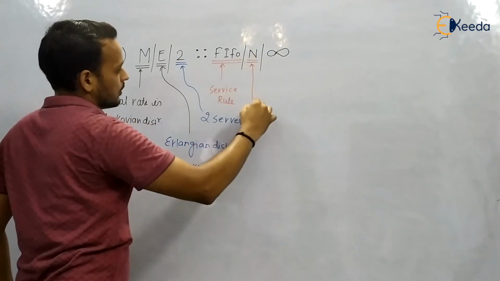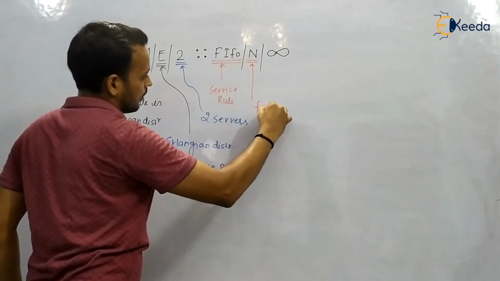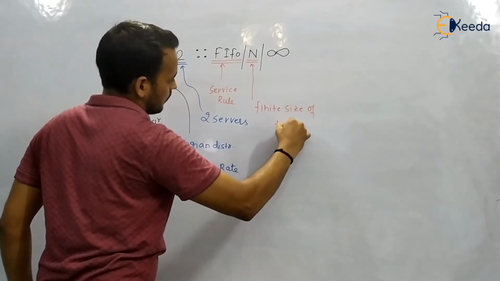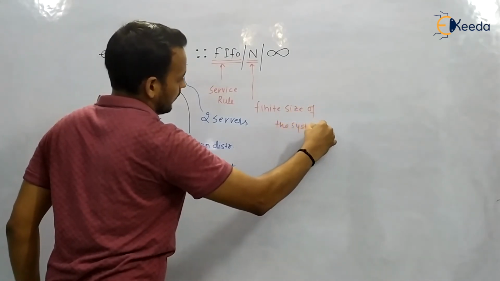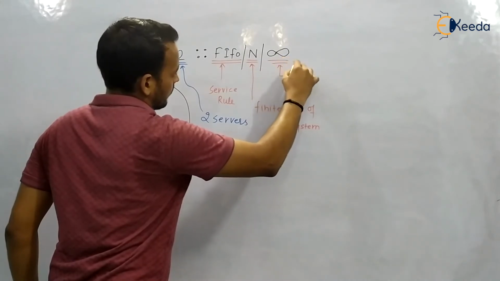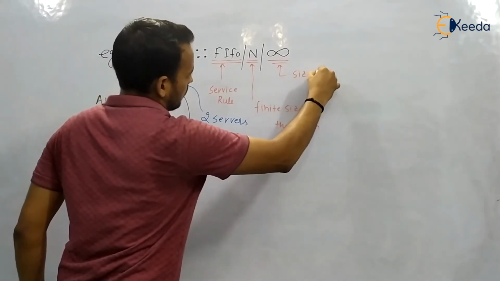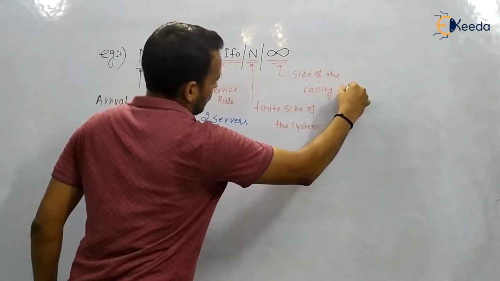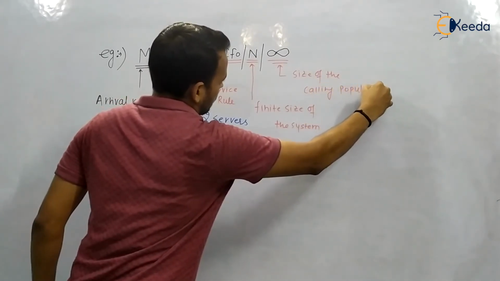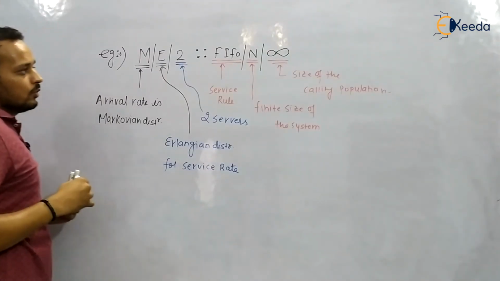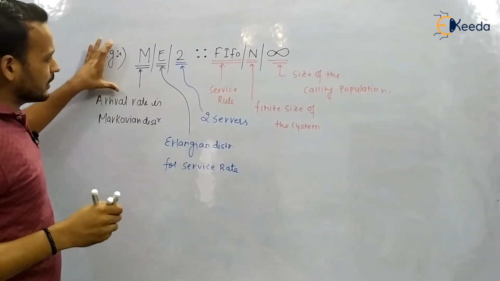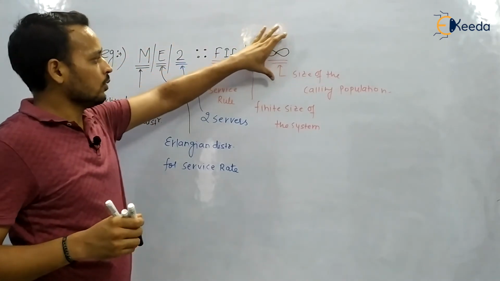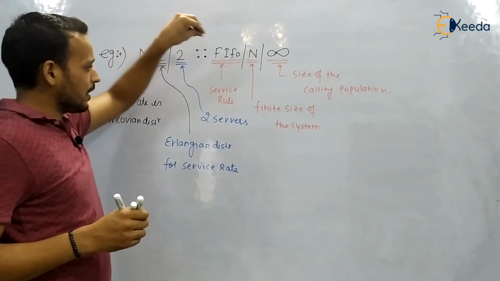Okay, size of the system is finite. Okay, finite size of the system, and the last one is infinity. It means it is showing the size of the calling population. So these symbols represent the queuing model. Okay, these are going to represent the queuing model, and each number or each name has got its own